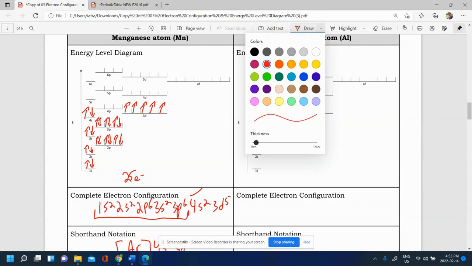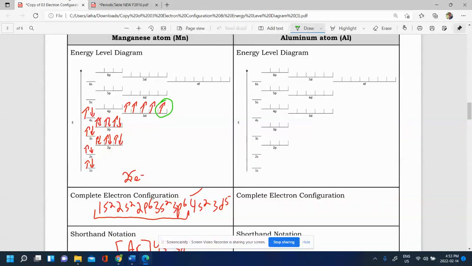And so let's just show you how this all connects to quantum numbers once again. Let's circle an electron. Here we go, right here. We'll circle this electron in manganese. If I want to give the quantum numbers for this electron, it is in the third energy level. So n is equal to 3. It is in a d sublevel. So the l is going to be not 0, not 1, but 2. In terms of ml,